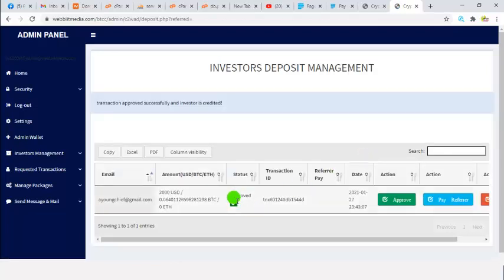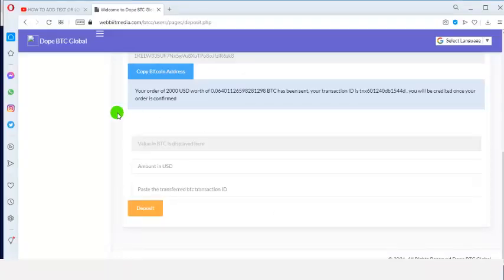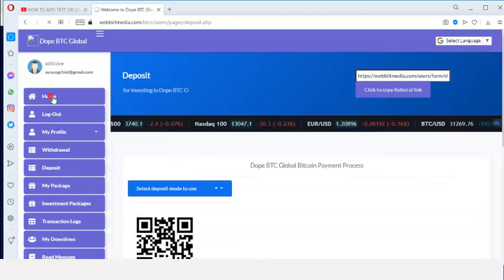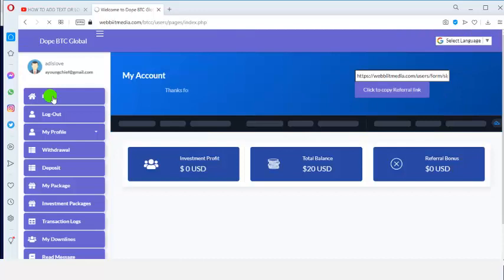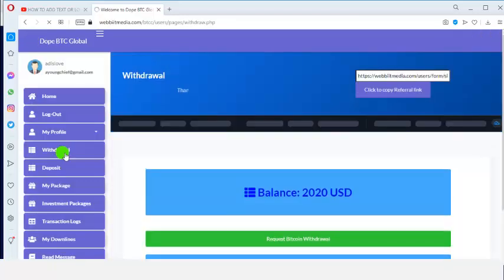When an admin approves the transaction, it's going to show here that the transaction has been approved successfully, and the investor is credited. When the investor goes back to his dashboard, he will see that he has been credited. If I go to withdraw right here, I'm going to see that I have been credited with $2,000,